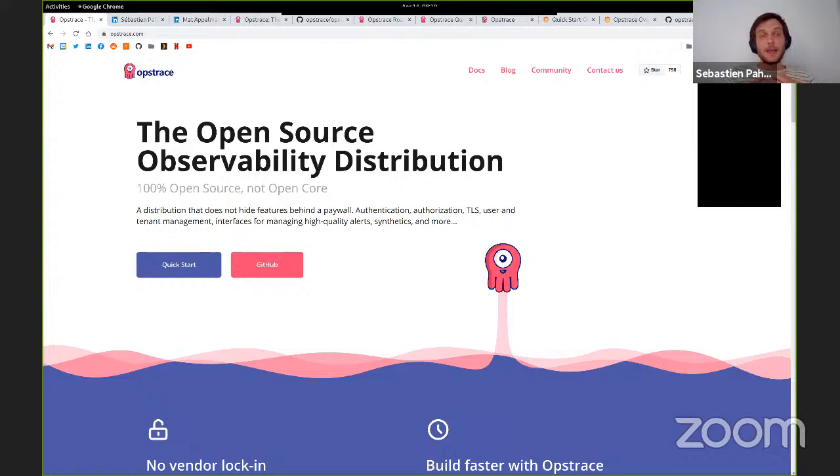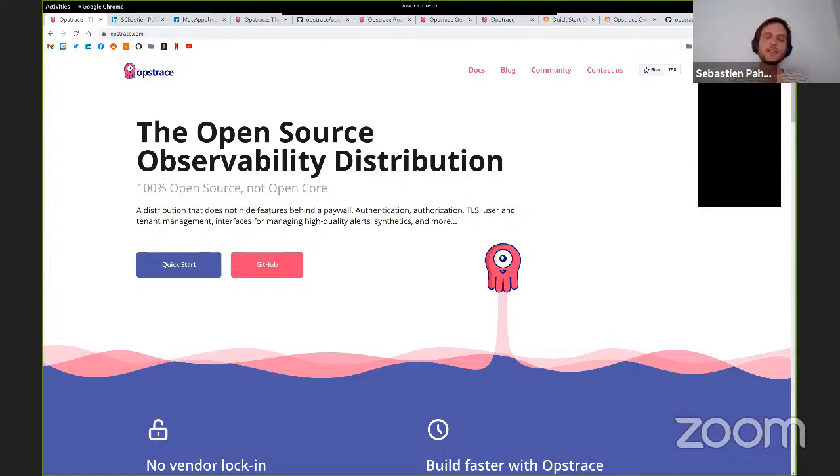So in the end, we decided to call this an open source observability distribution. The idea is that we assemble open source, a bit like a Linux distribution. We assemble different open source pieces from the open source observability world, and we make it usable. We make it secure out of the box. We test the upgrade path. All of these things that are very hard to do over time. We'll be doing a demo about this today.